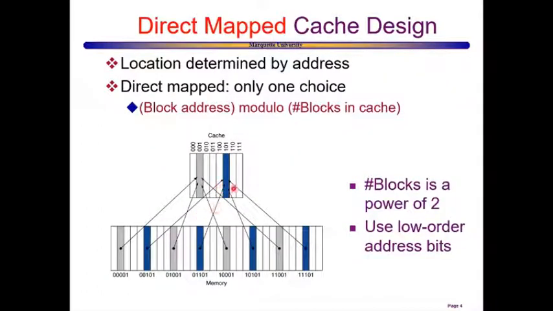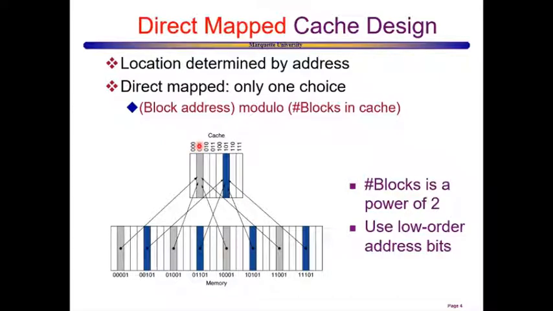So here is another look at that same example that describes the direct cache design. A location inside the cache is determined by the address of that data from the main memory, and as you'll see here, using that modulo operation, multiple entries from the main memory, the gray ones over here, map to the same cache entry index or number